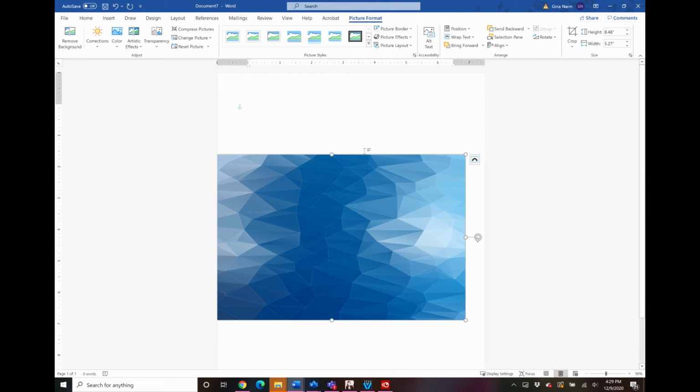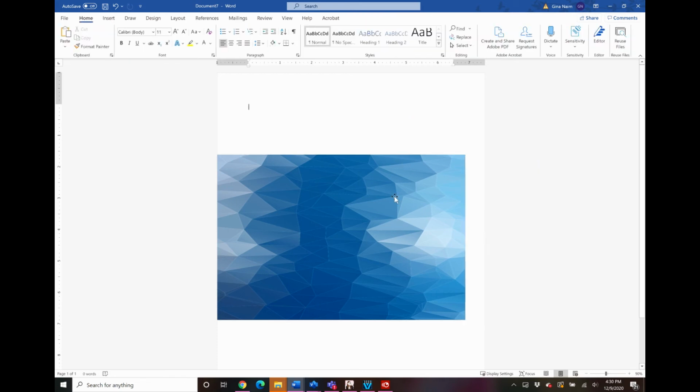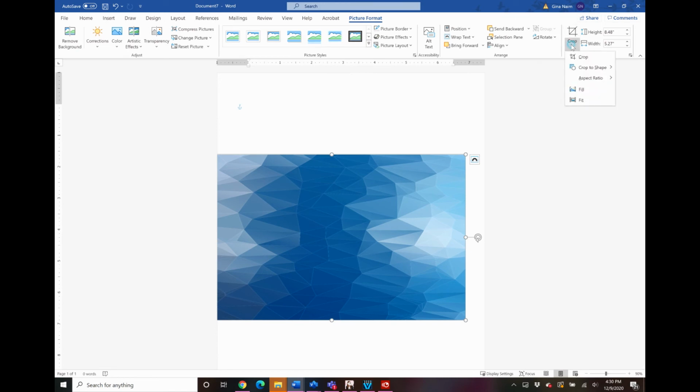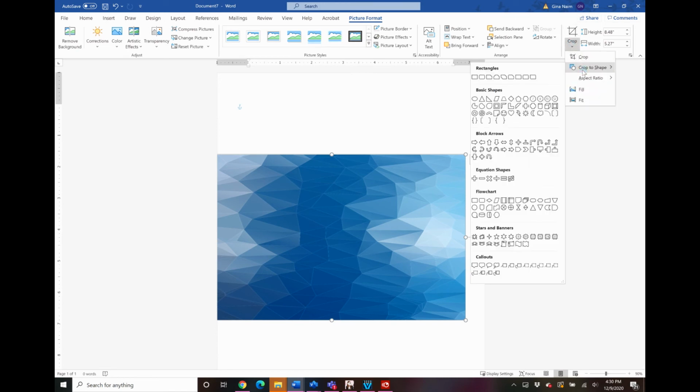Okay, so we have a blank page, and we have the graphic that I pulled from Pixabay. I just searched for geometric background, and I found this in the vectors section. So first step, put this graphic in front of text. Second step, go to crop, crop to shape, and this time I am going to use the right triangle shape, which is right here.